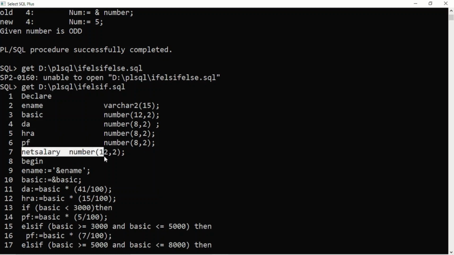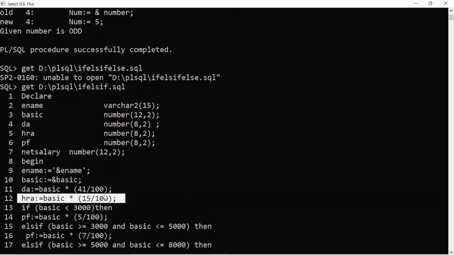Net salary will be calculated in this variable. We'll begin. We'll read the name of the employee. Then we'll read the basic salary of the employee. Then we'll calculate DA, which is 41% of basic. Then we'll calculate HRA, which is 15% of basic.